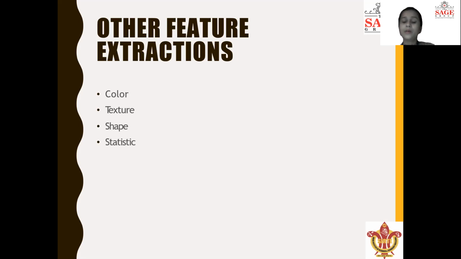And statistics is simply the value of the parameters: the value of the intensity, the value of the MSE, mean square error, the value of the PSNR, and whether the values are discrete or not. Means whether the pixel values are in discrete form, or normalized pixels are used there or not. So these are some statistics on which we conclude whether the efficiency of the image is achieved or not. What is the ratio of PSNR and MSE, that is, peak signal to noise ratio and mean square error? These are important parameters which are inversely proportional to each other.